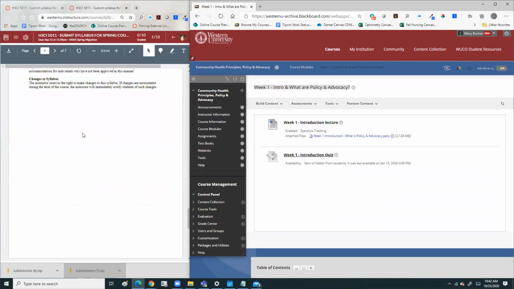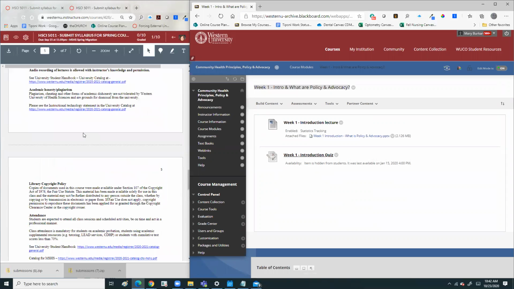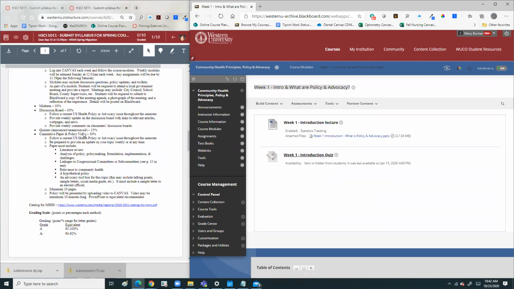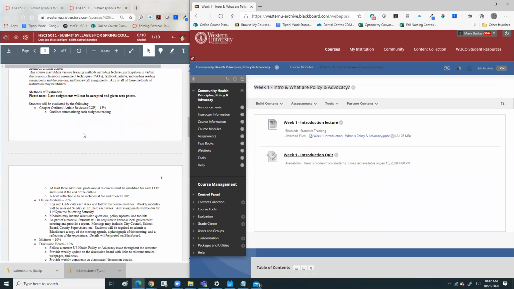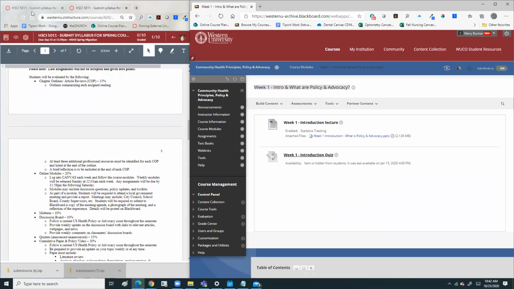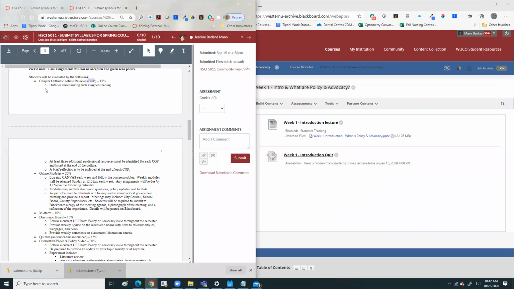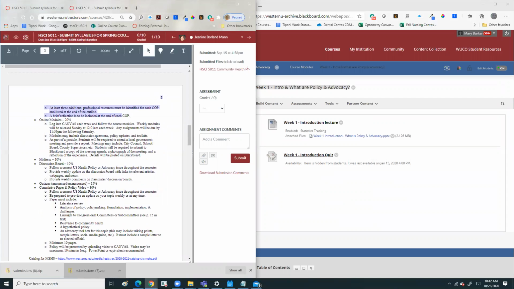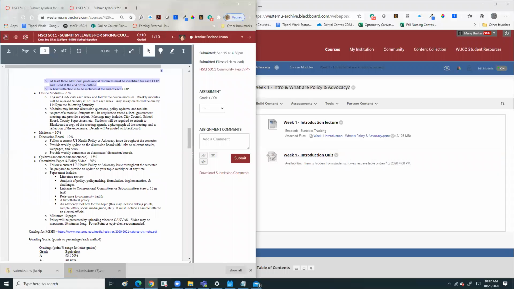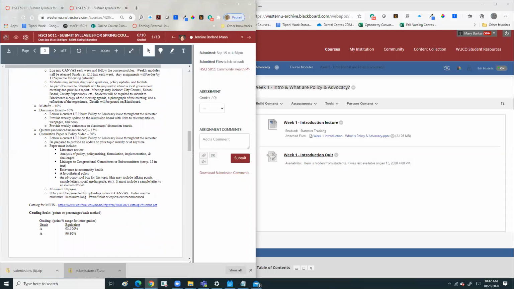So let's go up here and look at what she says is going to be in this course. So there's chapter outlines or article reviews, which are COPs. And so we'll be able to use this information when we build the assignment. She says there's the online modules. I'm not sure what she means by that. There's a midterm, so we'll talk about